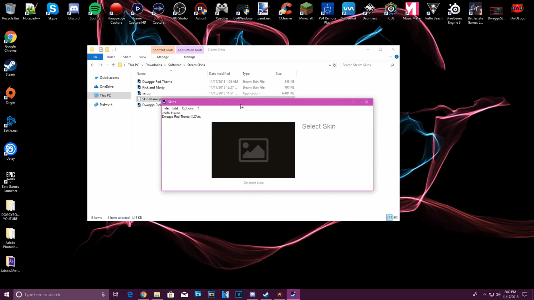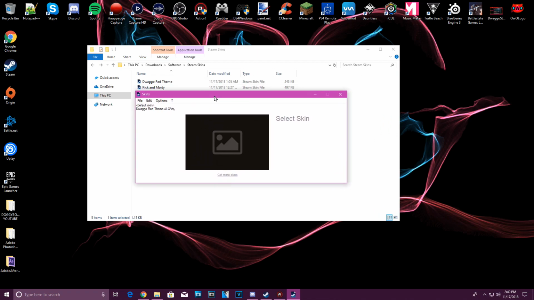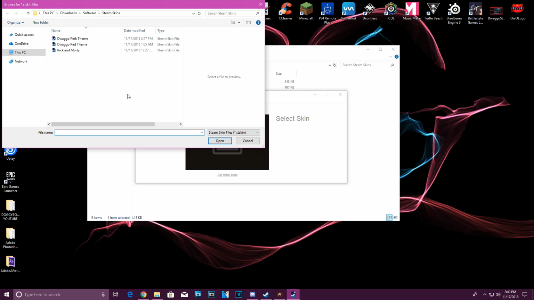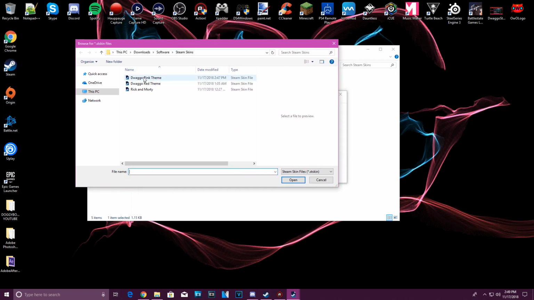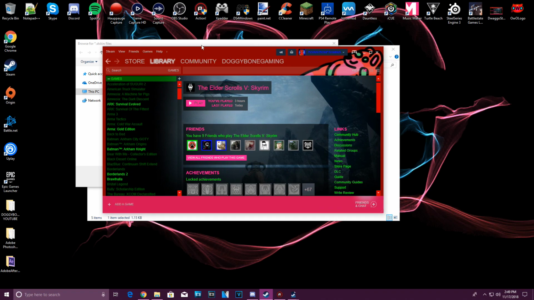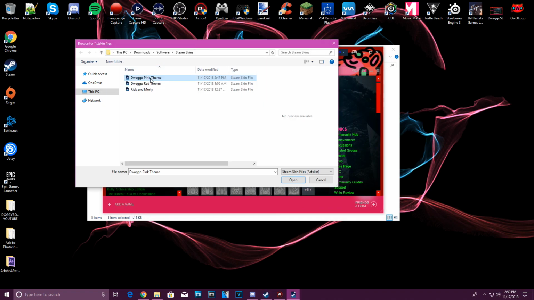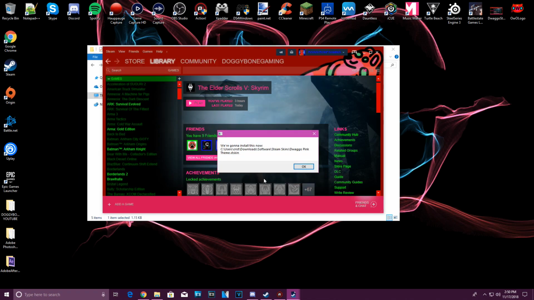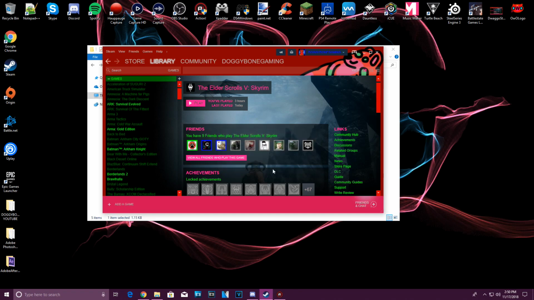But anyways, after you open it up, it looks like this, as you can see on the screen. You're going to hit file, open, and pick the theme that you just created. So for me, the pink theme. But real quick, before I pick it, as you can see, this is my current theme. It's the red one. Now, I want to pick this pink one, so I'm going to pick it and hit open. It's going to say we're going to install this now, and you hit OK, and do not do anything. Just wait a few seconds,